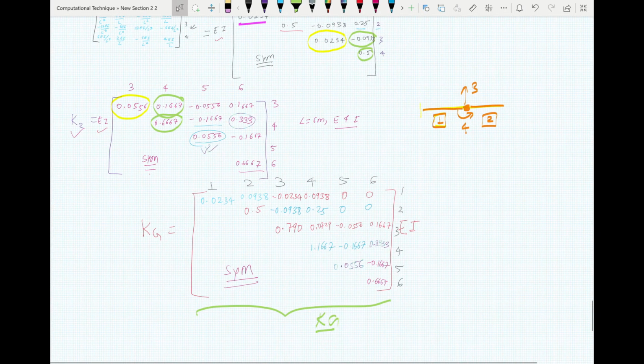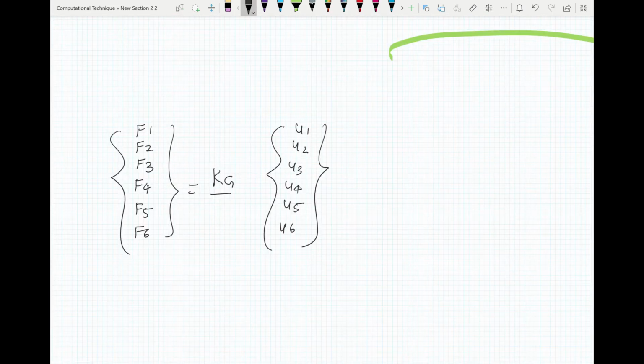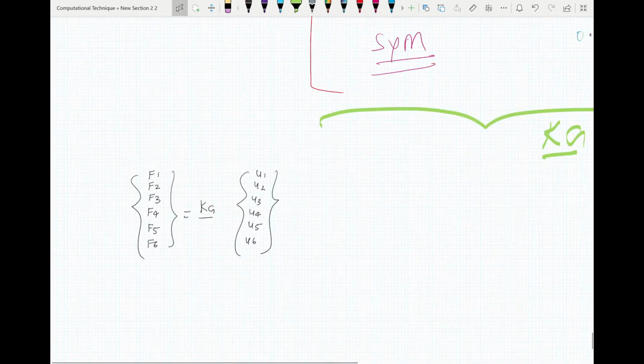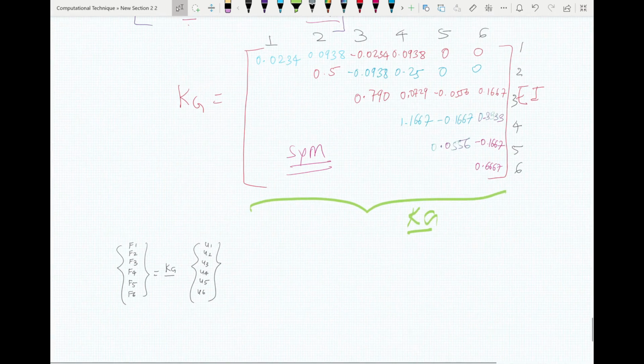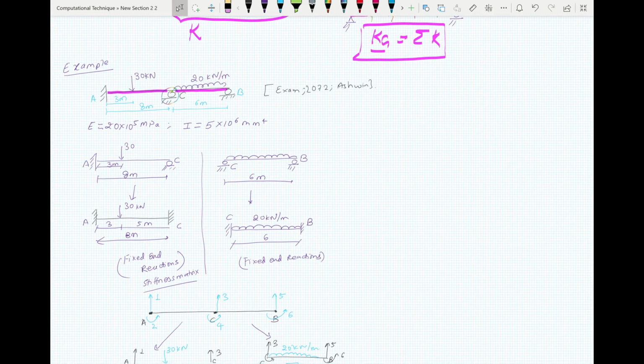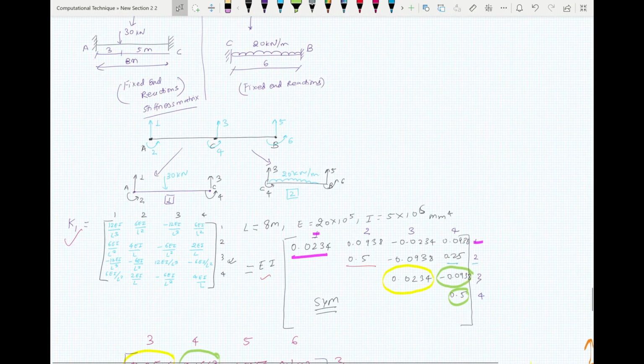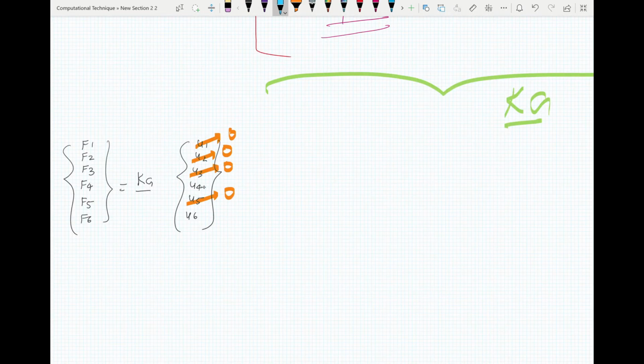So I have to write an equilibrium equation now. For this case, if you look at the boundary conditions, you will see that U1, U2, U3 and U5 are 0, and you have to find U4 and U6. Now for the loading case, you have to find what will be the forces at these ends. This will be F1, F2, F3, F4,